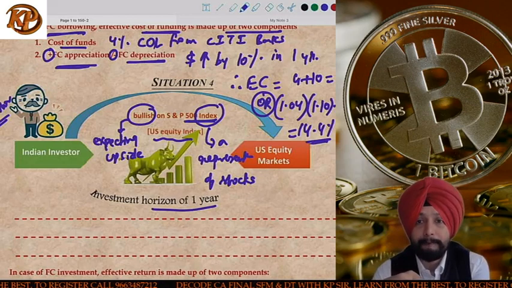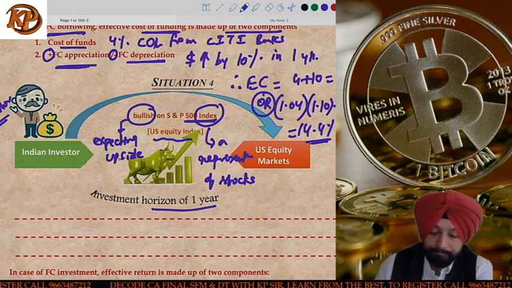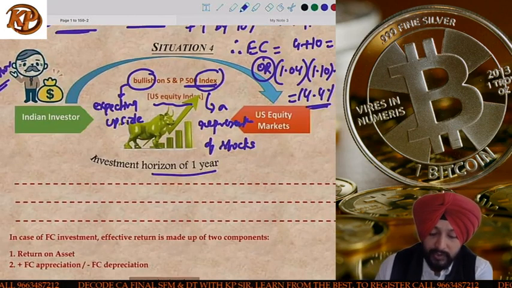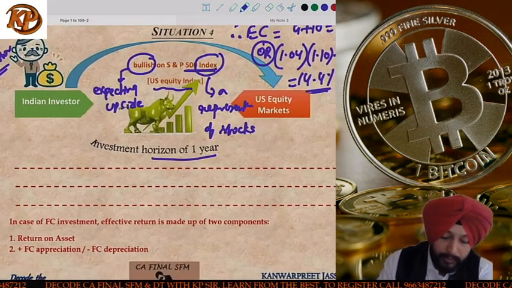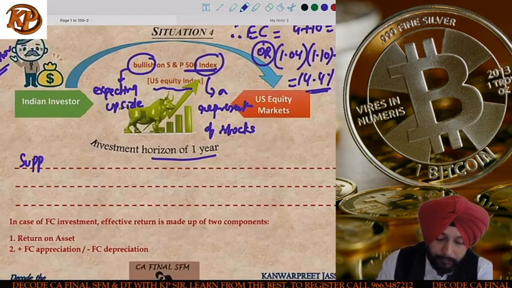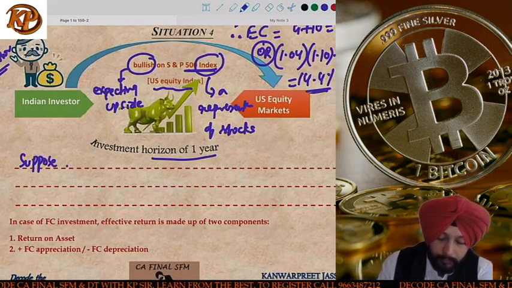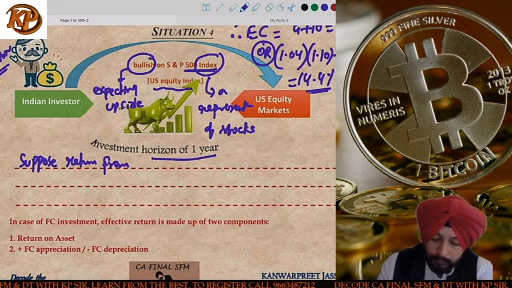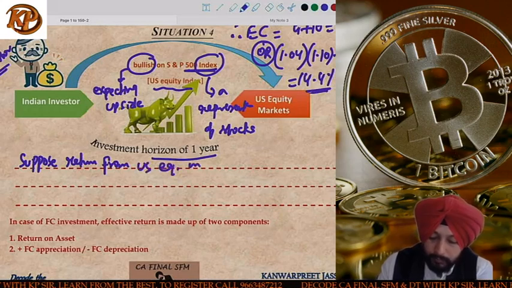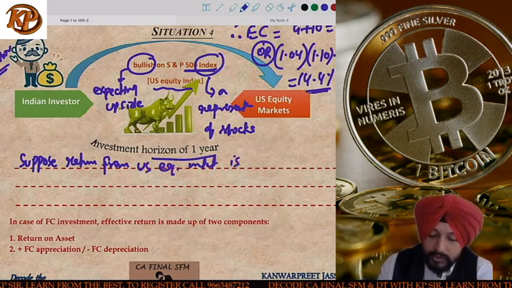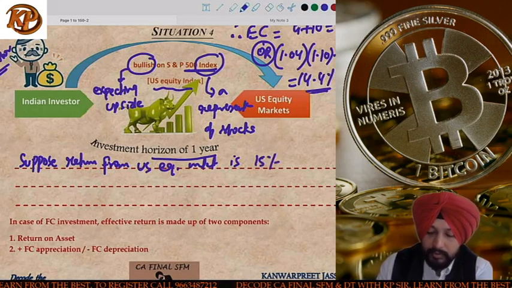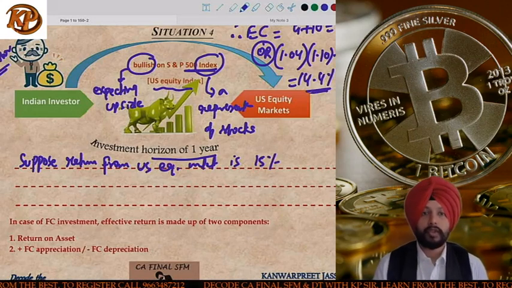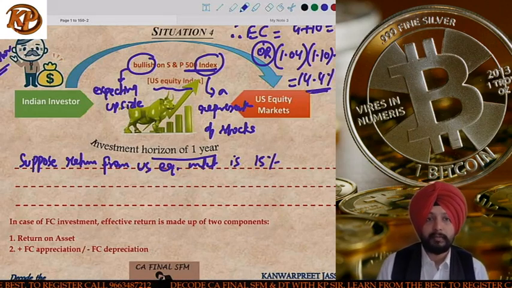Okay, so he is a foreign currency investor. What will happen? Please write: suppose return from US equity market is 15%,